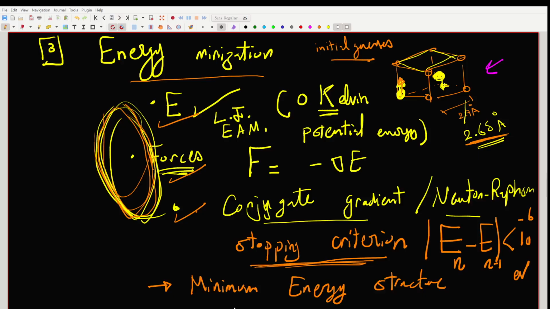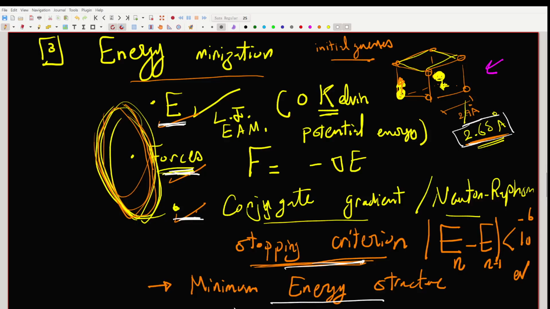And finally, we discussed the concept of energy minimization, which will be the key exercise we will do in our practical calculations. Usually you start by calculating the total energy of your system and the forces on each atom, then apply a numerical algorithm that allows you to minimize the energy. This could be by moving one of the atoms, or several atoms, and it could also change the volume or the lattice parameter of your simulation cell. And then you will keep repeating this until you satisfy some stopping criterion and